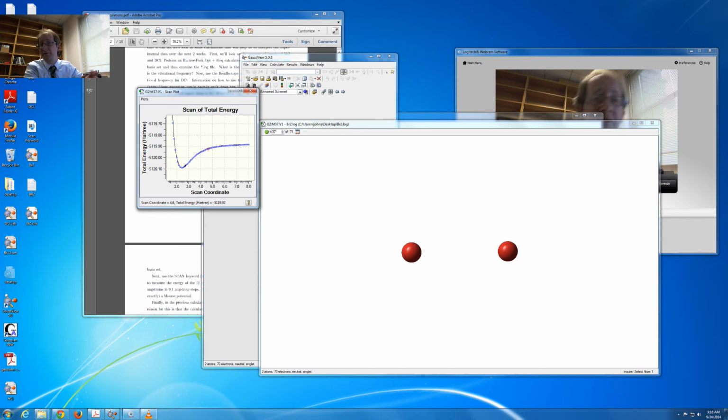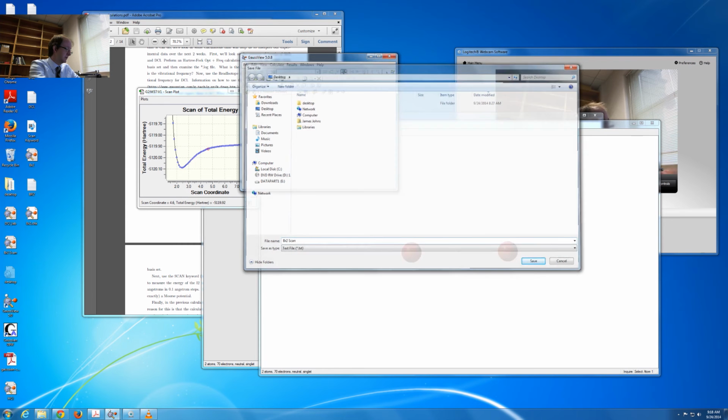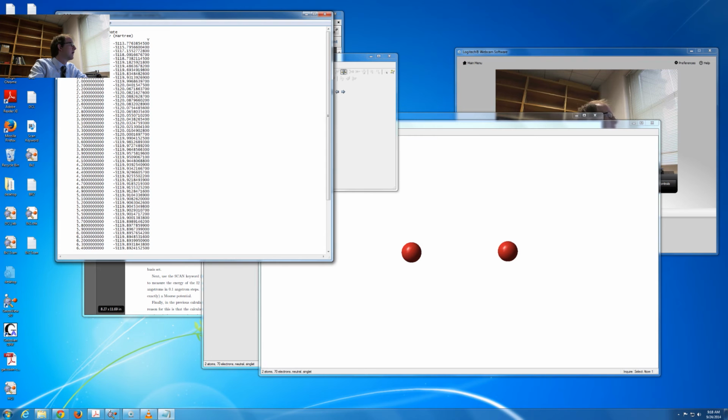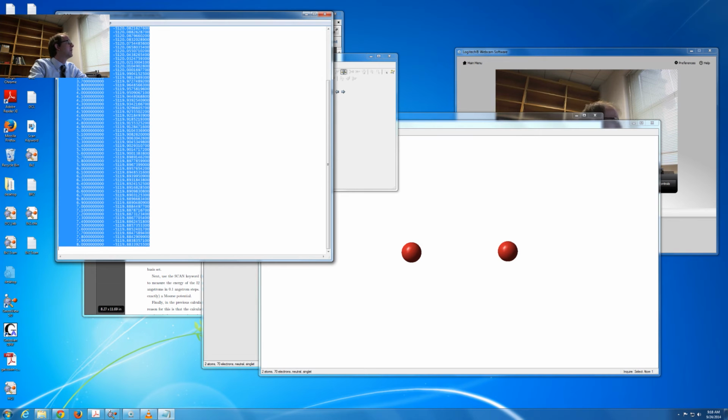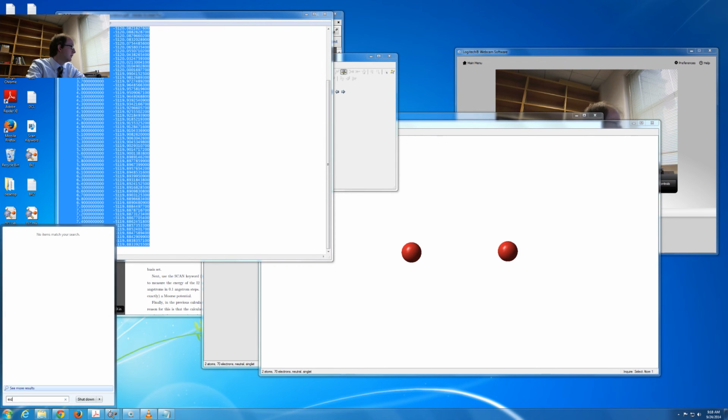Now, this is fine, but this isn't a great plot, and this isn't a plot that I would want you to put in your lab report in the DFT worksheet. So instead, we're going to save the data as a text file, to scan. Now, when we go and open this, it's in a format that we can directly open in Microsoft Excel. So if we go to Excel,